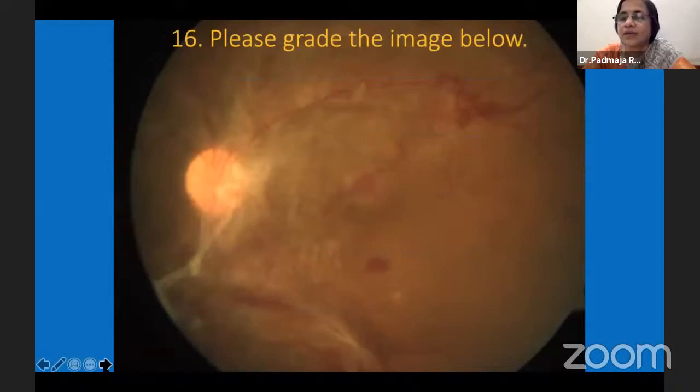So you can understand that just by hearing one hour or one hour orientation also, we can easily grade, and we can even train the technicians who are helping with us also. We can train them in this classification so that it can be a coordinated model. Yes, high risk PDR with TDR.